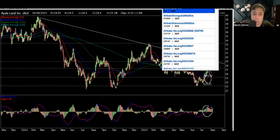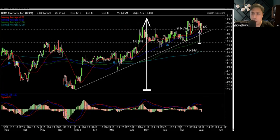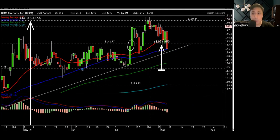Next stock that I'd like to look at is BDO. If you look at BDO right here, there's been a bit of selling already that has happened. It's having a hard time breaking the 150 mark. So we'll try to put a resistance here so it's clear for everyone. Current resistance now for BDO is 150. Next possible support level is 142.77. However, last Friday it broke down from that particular price point, and it's just being protected right now by the